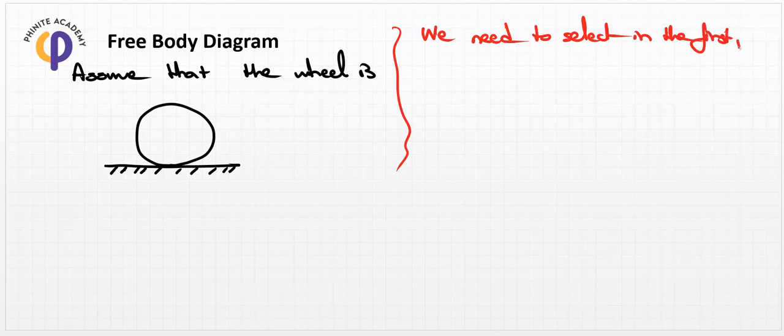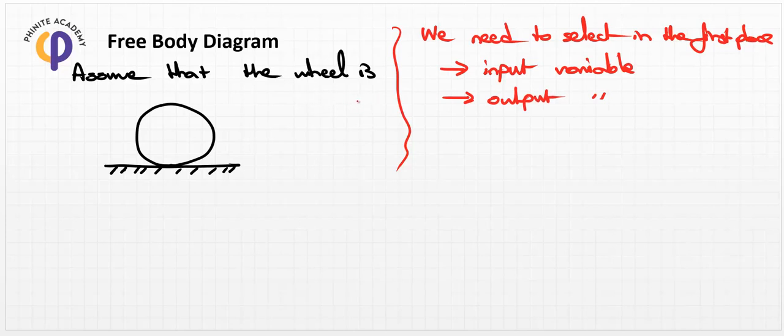And so if we have this kind of wheel, we need to select, in the first place, the input variable to this system, and the output variable should be selected in order to create a system dynamic model, okay? And so assume that the wheel is given by this shape, and it's a circular shape. What kind of input variable is applied on this wheel? And so in our case we can write it down as the torque